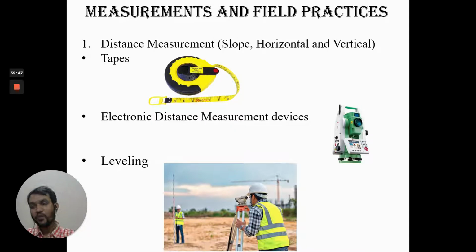Okay, now what we do, we will mount our instrument at point B because its elevation is also known to us, and now from point B we will try to sight point C. Using the same concept, point B elevation would be known to you. Now you can find the height of the instrument from which you are measuring. On that ground level elevation you can add the height of the instrument. Now it will be your line of sight, and from the third point, the point C, whatever reading you get there you can subtract it to come back again to the ground level at point C. You will get the elevation of that.